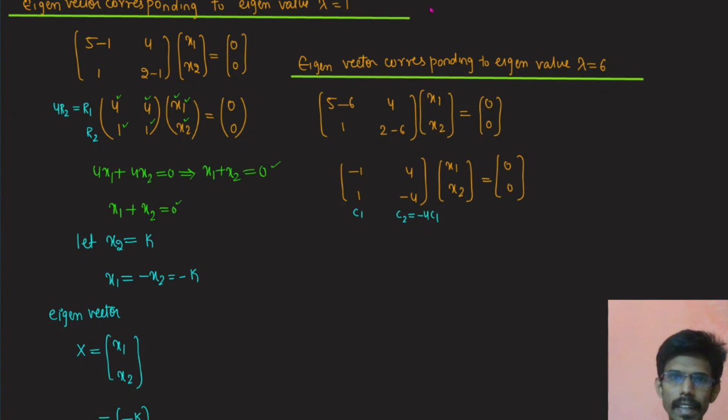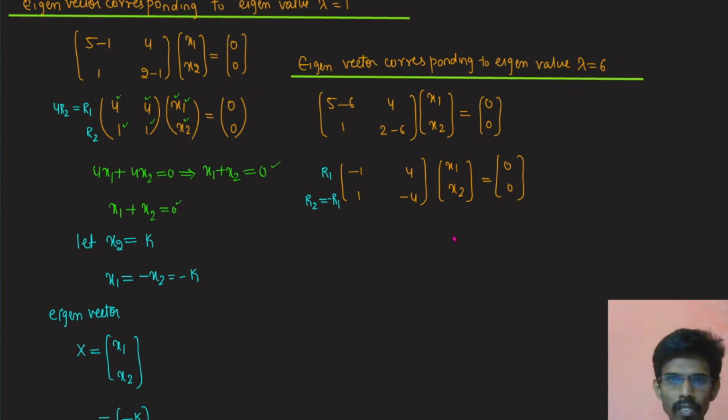Or one more thing I can say, this in terms of row 1 and row 2. If I take this as row 1 and this as row 2, then row 2 will be minus of row 1. This is the only difference. Signs are opposite for row 1 elements and row 2 elements. So the equations will be same after backward substitution.